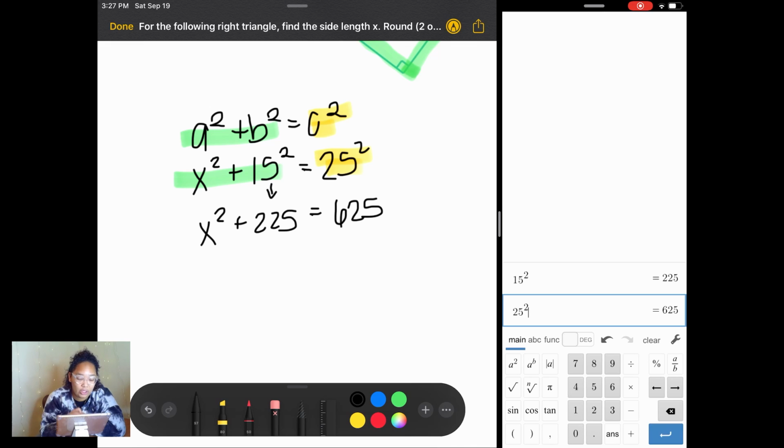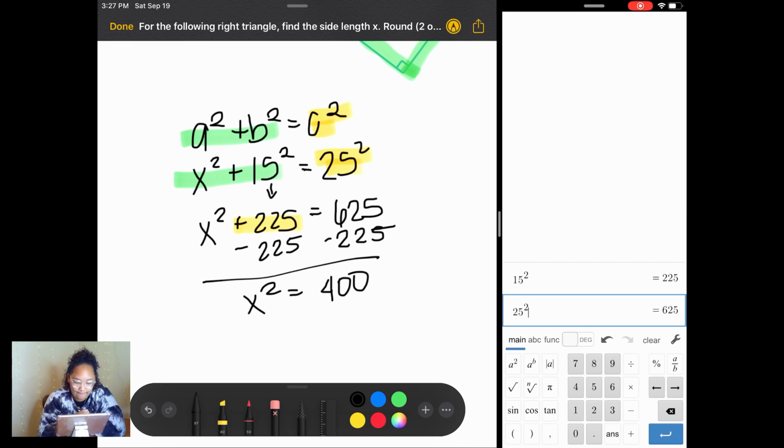Now, if you remember, when you're solving for a variable, a letter that you're trying to figure out the value of, you have to get x by itself, or whatever the variable is, which in this case just happens to be x. So what is not x? This is not x, and it's on that same side. You need to move it to the other side. All right, so I'm going to say minus 225. So I have x squared equals